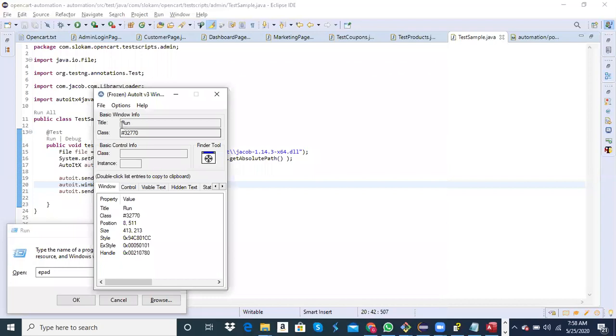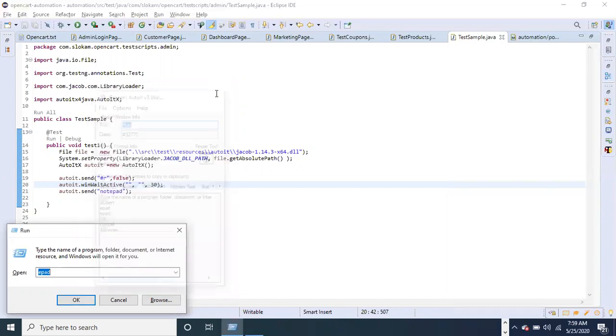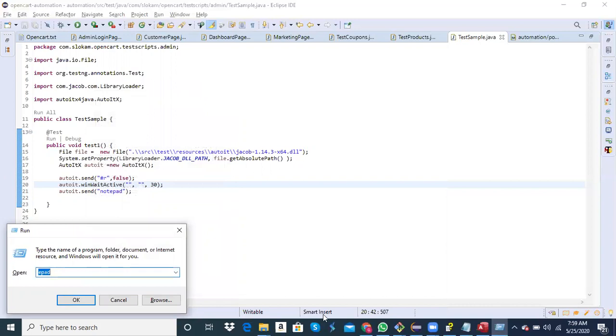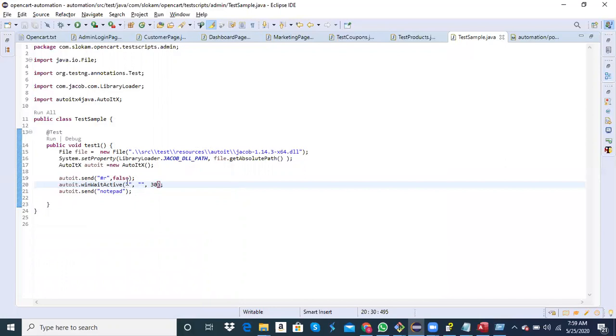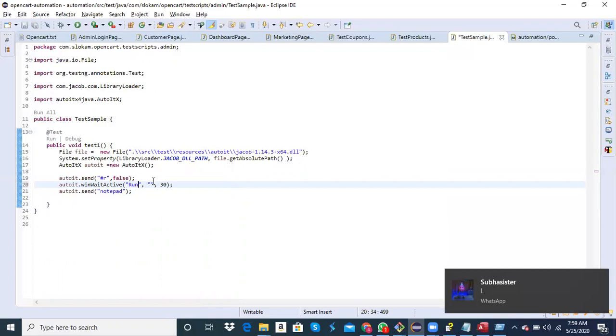It will give you the title. So that title you can take, and then you can use any of these texts if you want to identify the window. Now paste with Control V, but I don't want to use text, that's fine.